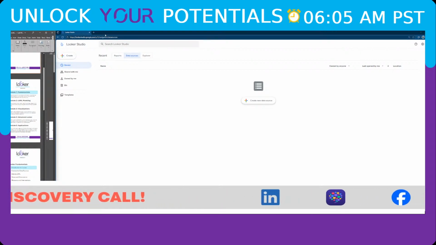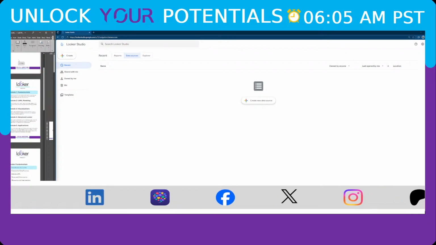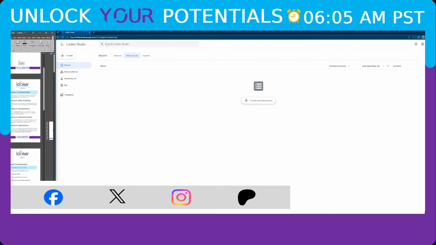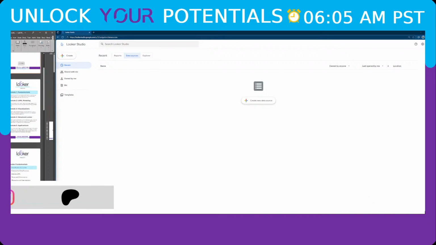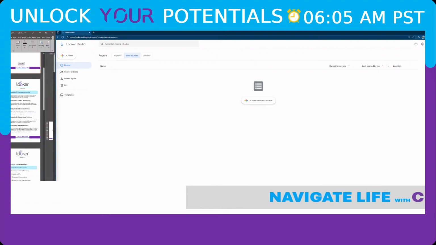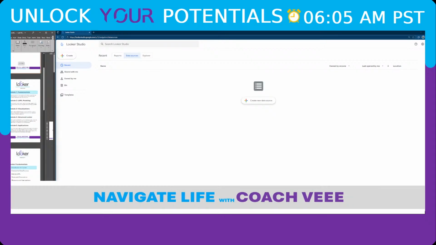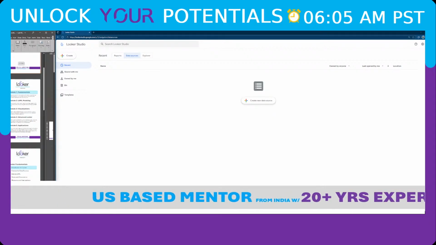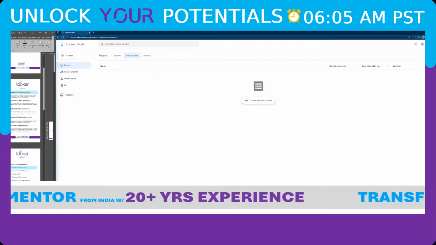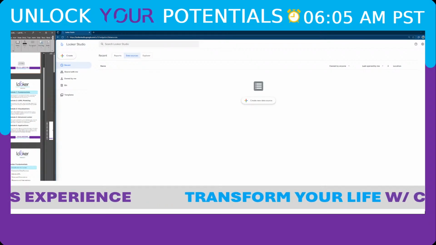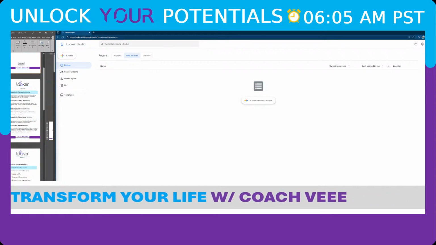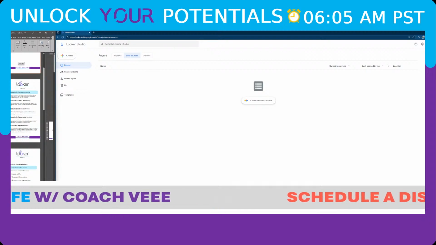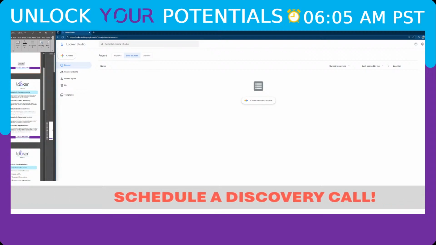All right, folks, let's walk you through some of the basic documentation for how to use Looker and its features. Remember, Looker is a data solution. It's a data platform that helps you collect the data and process it all the way to publish the data for any AI modeling